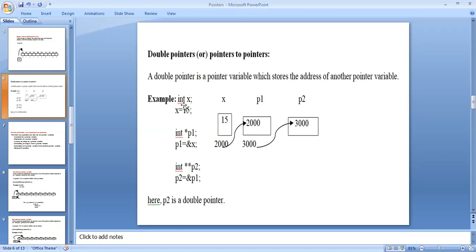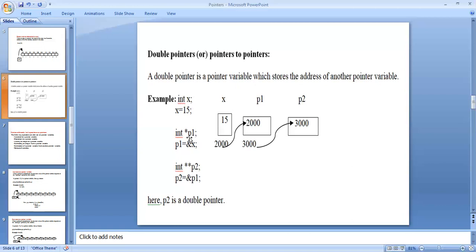Example: I'm taking int, an integer primitive data type, followed by the variable declaration x with a semicolon, and x equal to 15, so x has the value 15. I'm taking another integer, *p1. *p1 is a pointer variable with a semicolon.